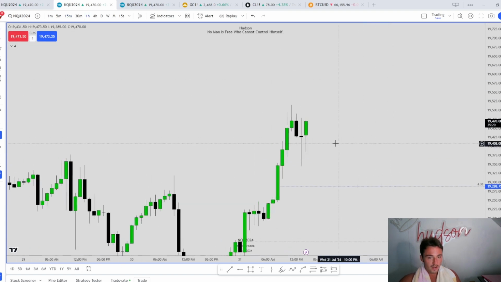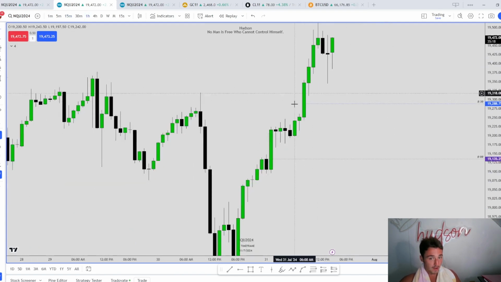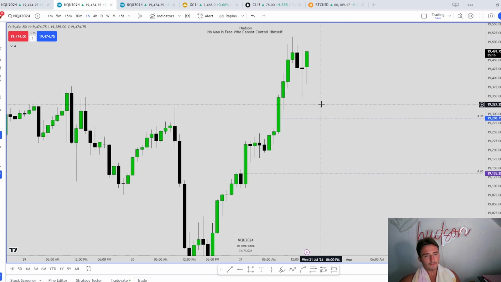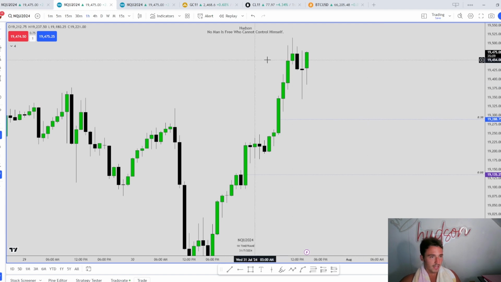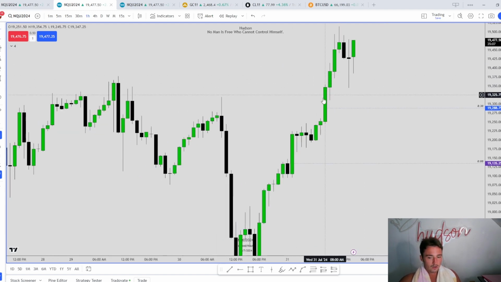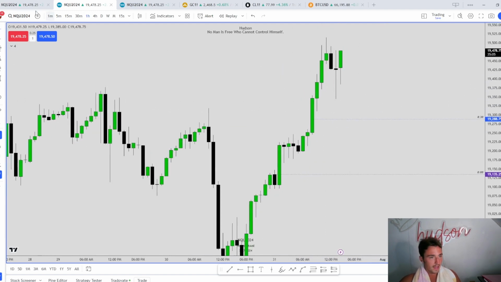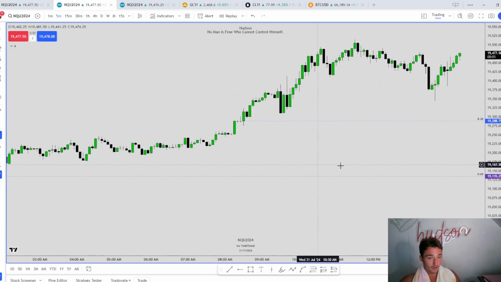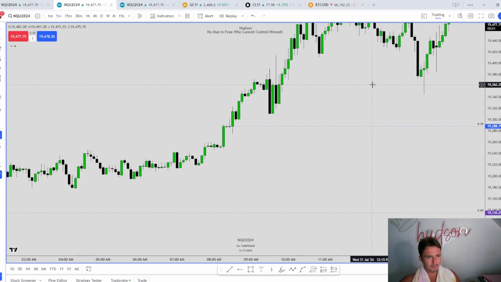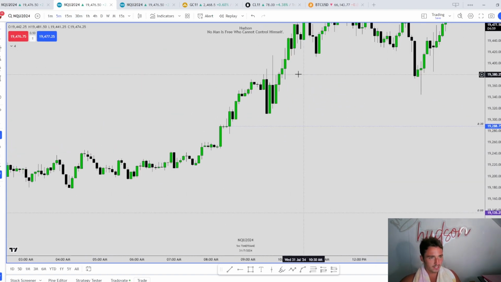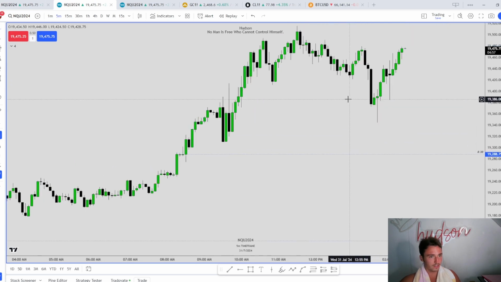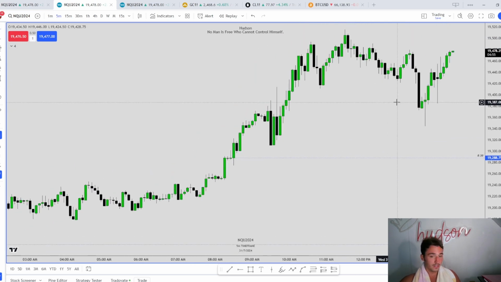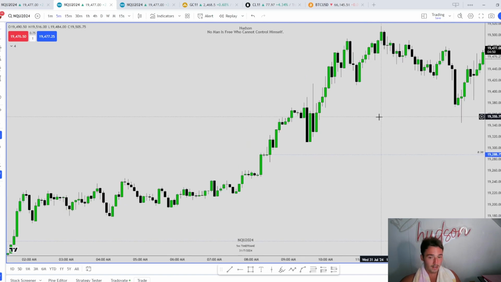So right here, before open, I didn't wake up until 9 because I really wasn't going to be focused on the AM session. I wanted to see what the afternoon was going to bring, but I ended up taking a trade. So I got on the charts at about 9:30, and I really didn't know what we were going to do for the day because we were up like 430 points by the time I even got on the charts. I didn't know if we were going to go higher or lower, so I was going to wait for open no matter what.